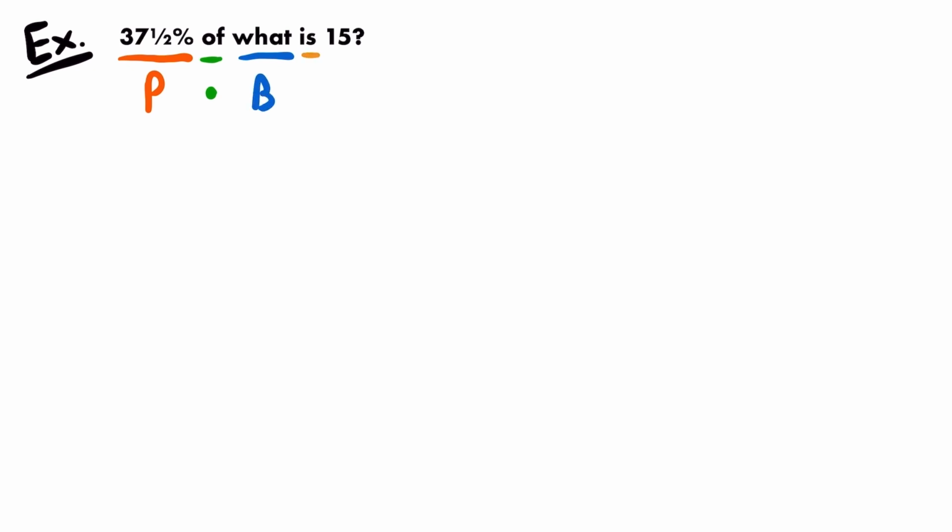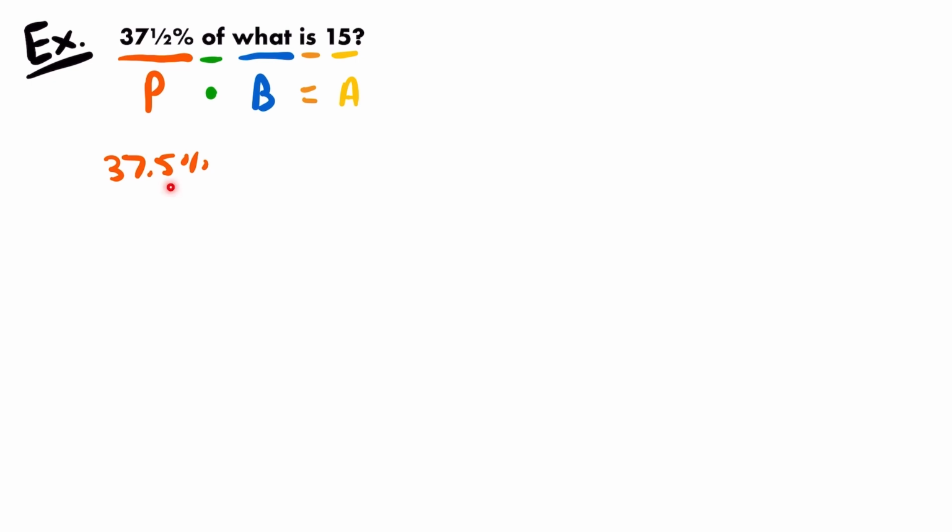Then the word is refers to an equal sign, which means that P times B is equal to A, so 15 is the amount A. All right, and so then writing this out as an equation, starting with 37.5%, remember that a half as a decimal is 0.5. So what we have here is